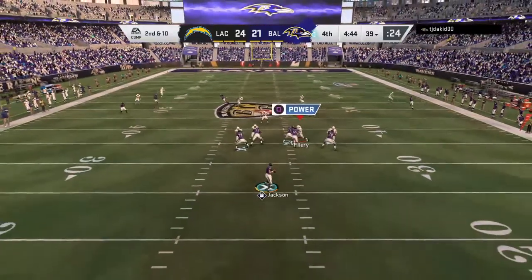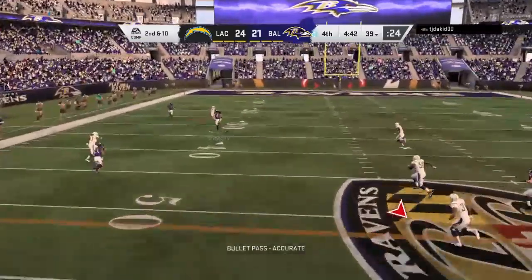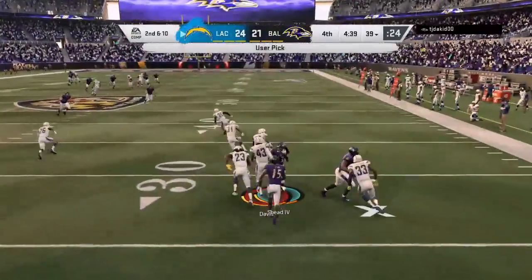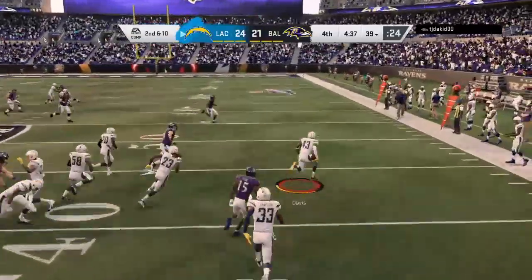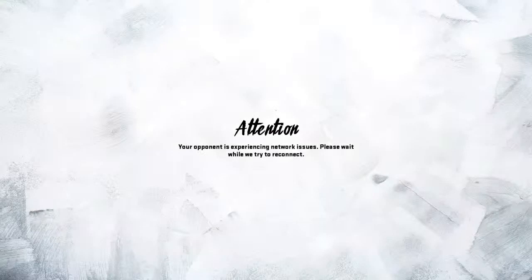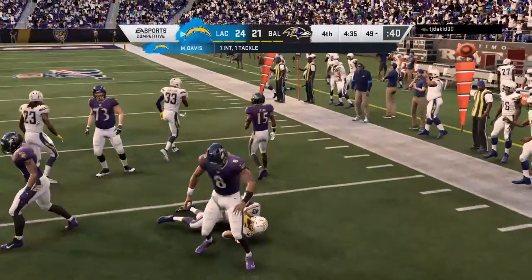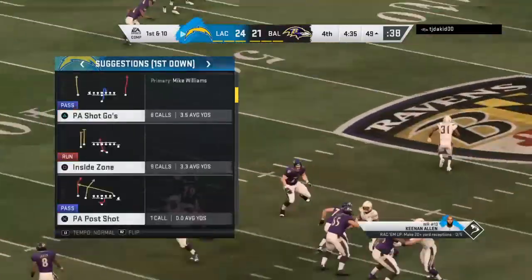Again on 2nd and 10, it's Jackson. He uncorks it for Snead. Into double coverage, and it's intercepted. Picked off around the 27, and he will bring this across midfield to the 49-yard line. That was a really nice interception. I think it illustrates